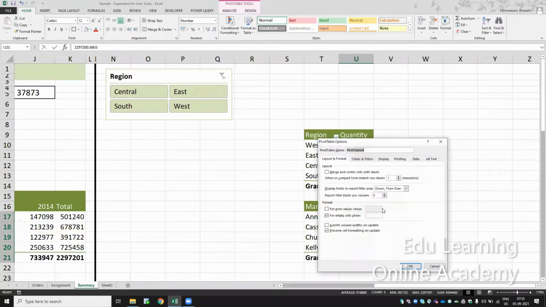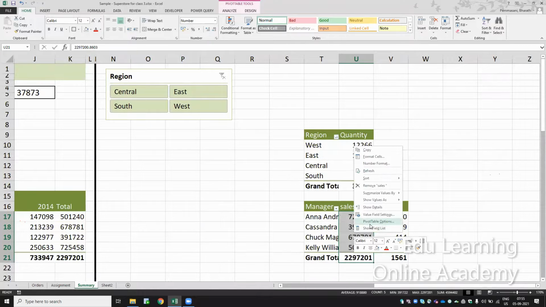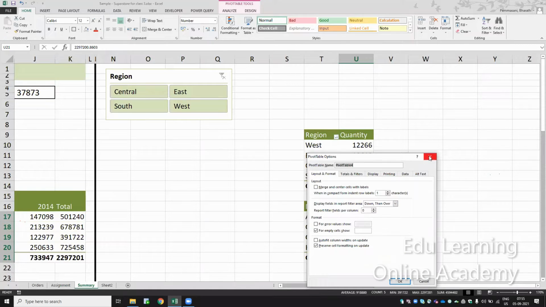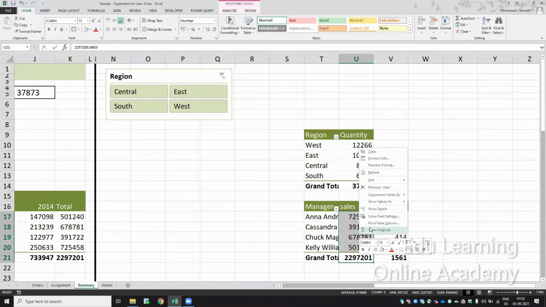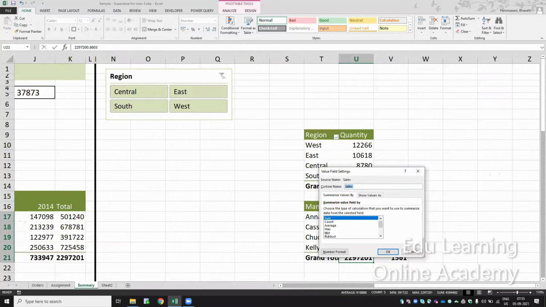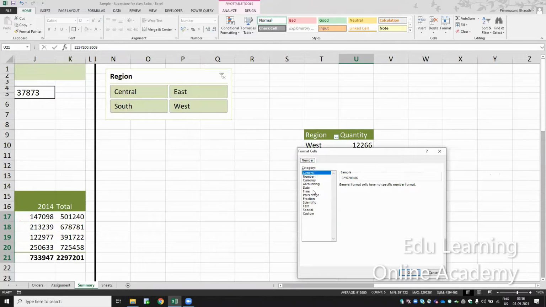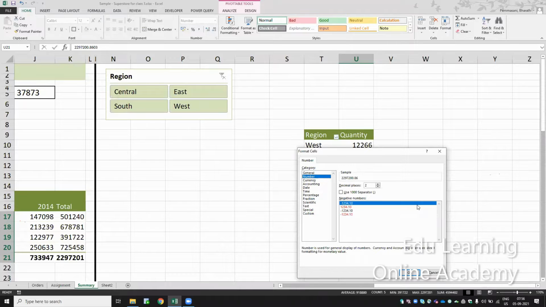Right click, pivot table options. This is only options. This is pivot table options. Then value field settings. In value field settings, I wanted to show this one as number format into millions. Number format is millions. So